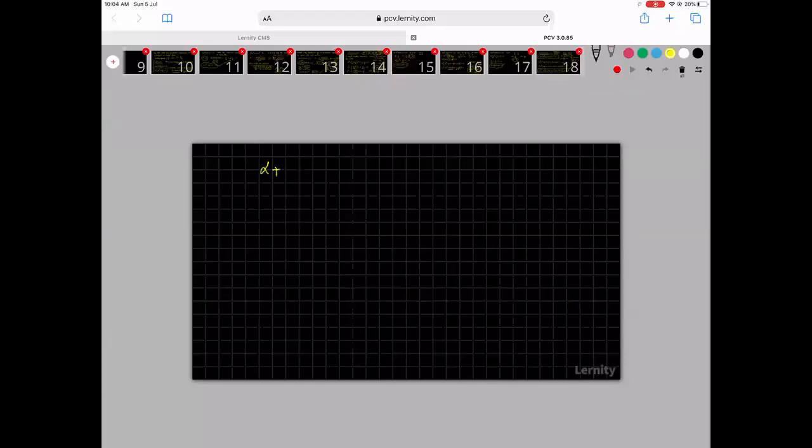So now sum of roots will be alpha plus 2 plus beta plus 2. So that will become alpha plus beta plus 4. Now alpha plus beta is minus b by a. So it will become minus b by a plus 4. No problem. Then the product of roots, alpha plus 2 into beta plus 2,